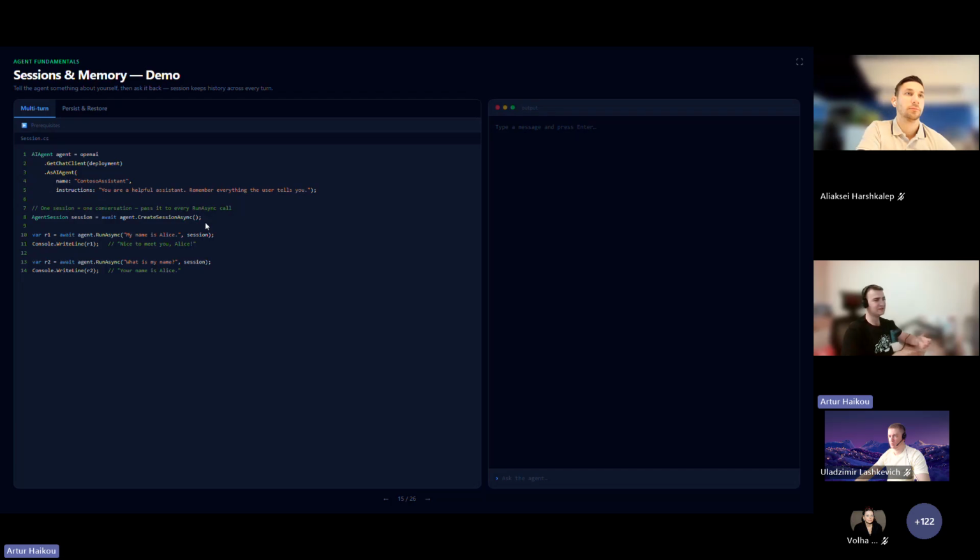To add persistent capability, you just need to create a session, and the agent object has a method like CreateSessionAsync. Once the session is created, for each call of the agent RunAsync method, you just need to pass the session as an additional parameter. As a result, the agent will have persistency between calls.